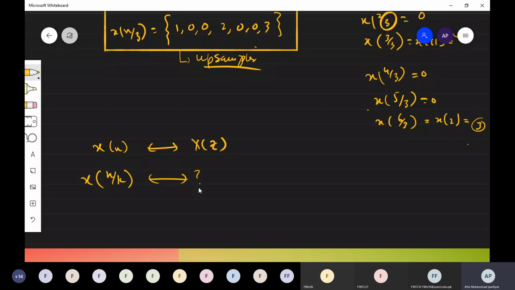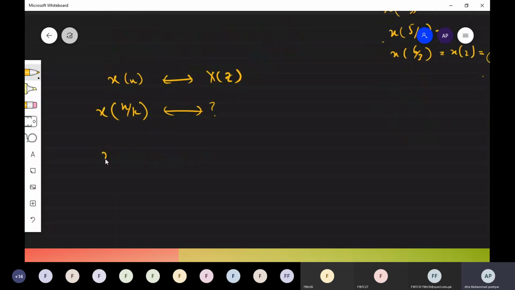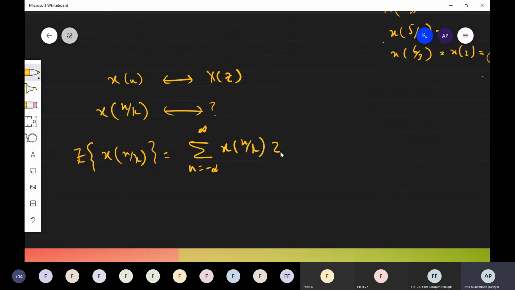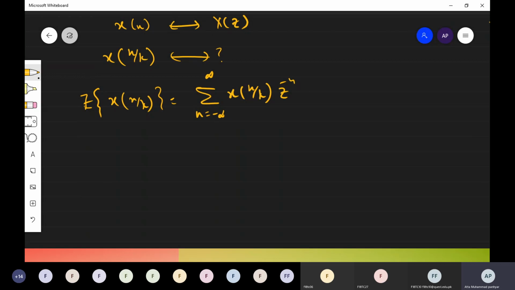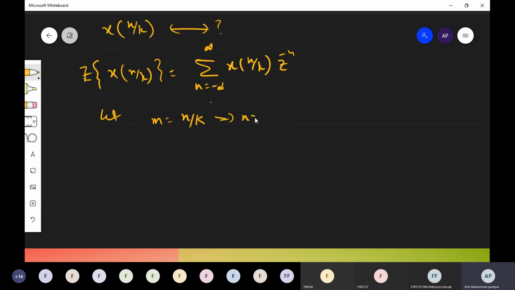So what would happen to our z transform signal? By definition, let's see, for example, x of n by k must be equal to summation n from minus infinity to infinity x of n by k z power minus n, right? Now let's assume m is equal to n by k. Then our n becomes mk. So substitute the values, we get summation m from minus infinity to infinity x of m z power minus